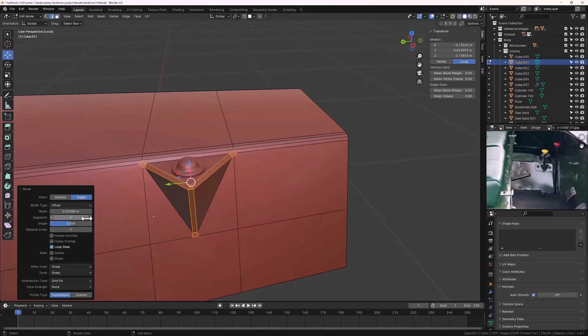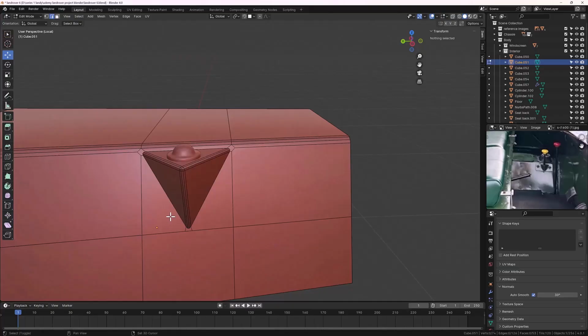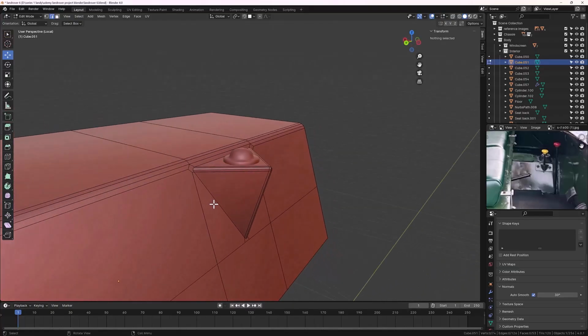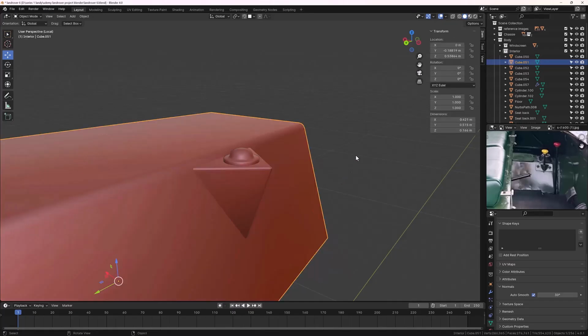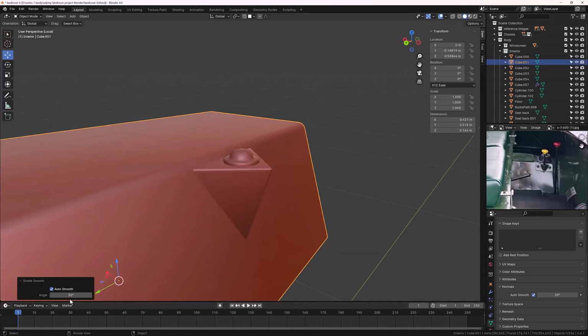Something like that. Then scroll the mouse wheel maybe 3 times to get a softer edge on that. We could actually as well just grab, well, let's leave it. Let's see what happens with the Shade Auto Smooth. So I'll tap out of edit mode now. And then let's right click and Shade Auto Smooth, and then move the angle up and see what we get